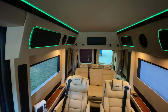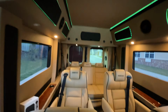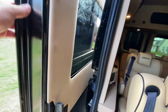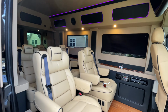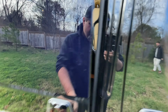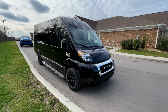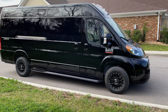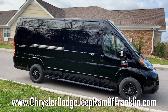But well, folks, if you're wondering, to get this nice of a vehicle, it really isn't much. It's pretty much the same price as an Escalade, right? So, oh wow, you really got to be strong to move that. Price comparatively speaking, for all of this, if you're buying a big SUV, I don't know if you want something this big, but if you're in the market for a large SUV, this would be something to consider, because it is price comparable to the rest of those vehicles. It's right around $90,000 to $100,000. It's like 40 grand for the base unit, and then another 45 grand for them to completely outfit this thing